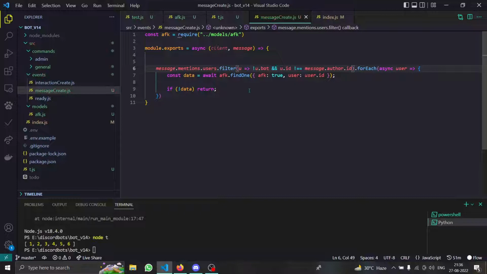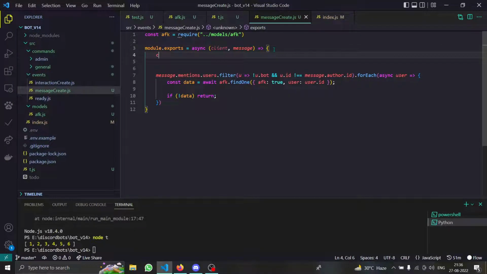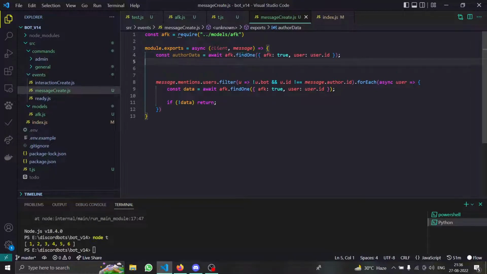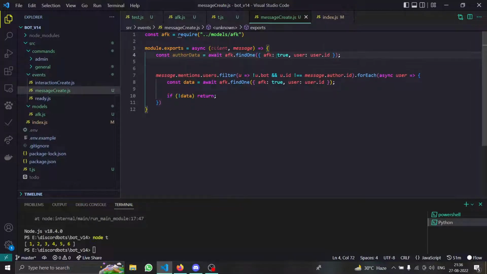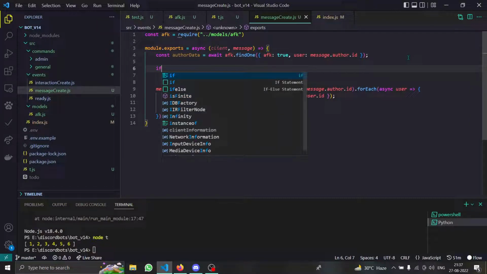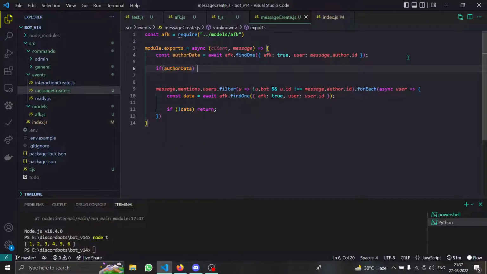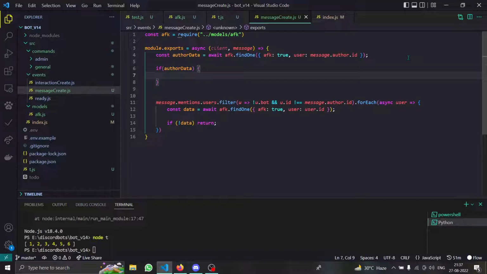All right, the filter is fine. And by the way, we have to add this check. const authorData, the data for our author, and for that I'm just gonna copy it, and instead of this I'm just gonna do message.author.id. Perfect. So that means if this author, the author of the message, is AFK themselves,